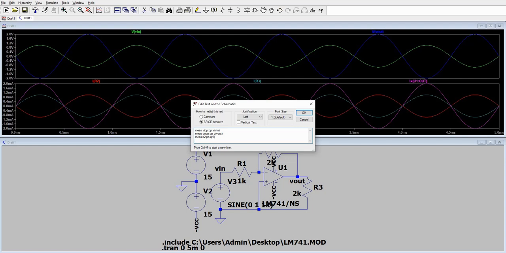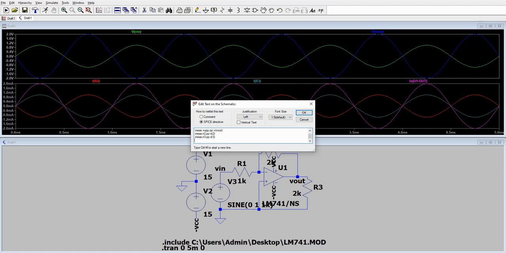Next line, .MEAS IR3, peak to peak of IR3.